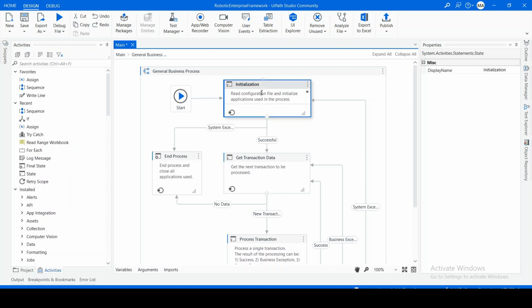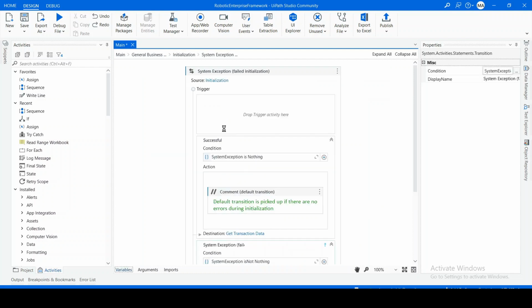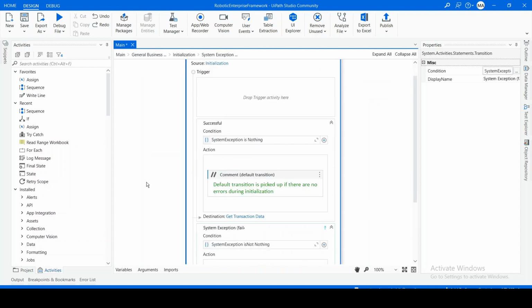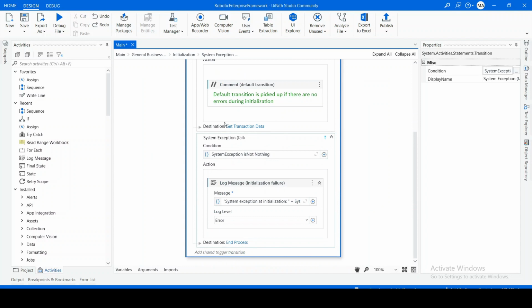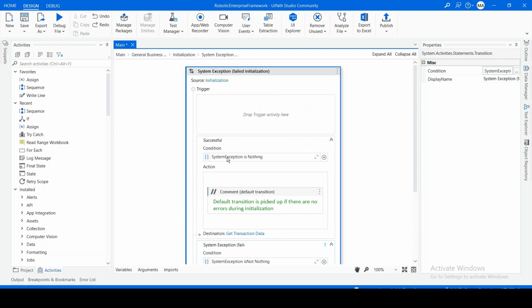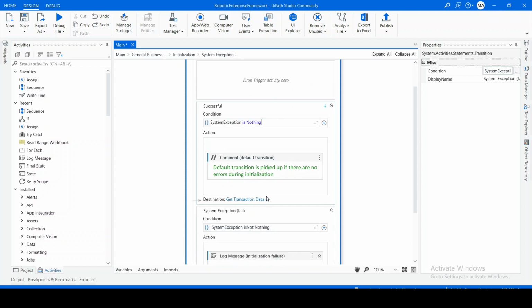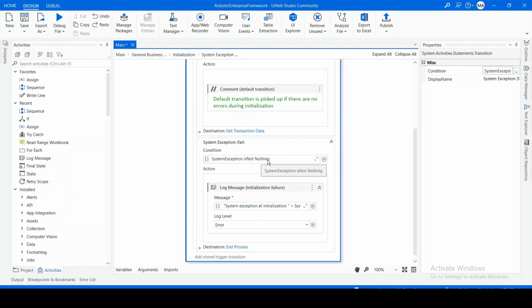So from initialization state, there could be two possibilities: that everything was successful in the initialization state, or else it encountered any system exception. So in the initialization state there will be no business exception, because business exception we can only get in the process transaction state. Let me go to these transitions. Okay, so the source is initialization and the destination could be two. One is get transaction data and another one is end process. So if system exception is nothing, then it will go to the get transaction data, and if system exception is not nothing, then it will go to the end process. Okay, you're clear on this one,